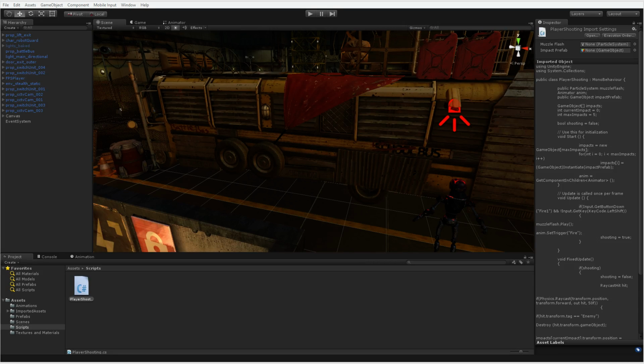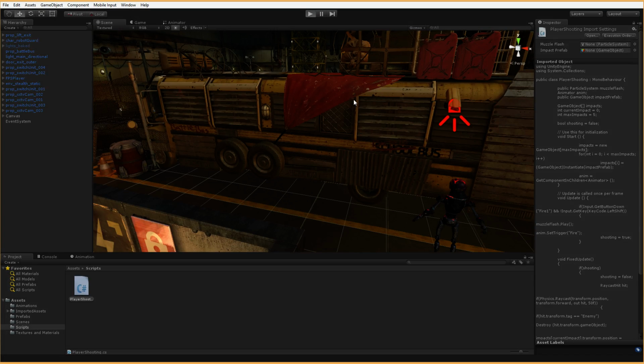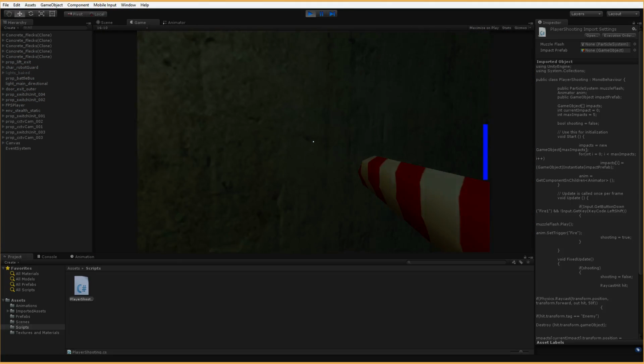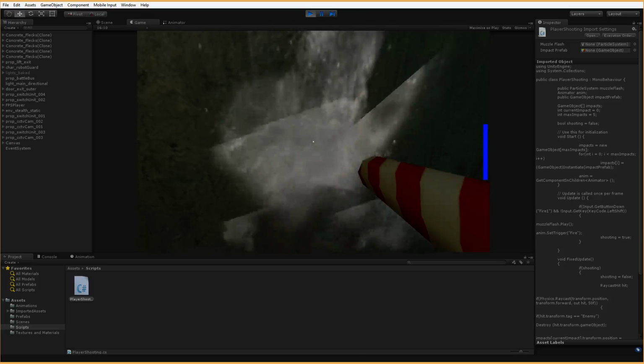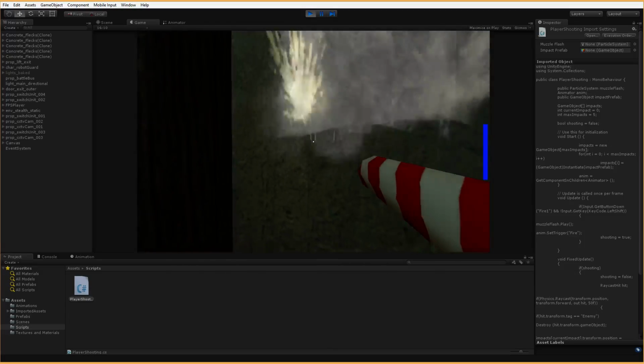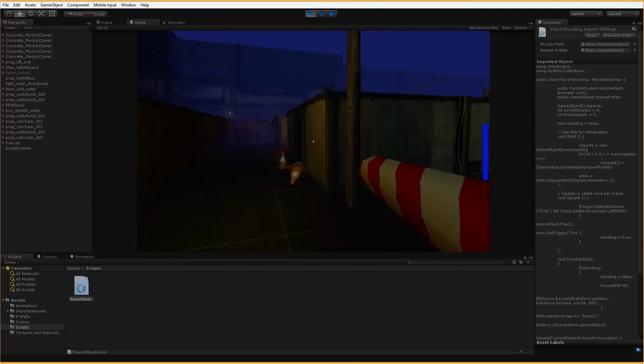Can you shoot when you stick to the wall? I don't know what that means. You don't stick to the wall. That's the point of using the two cameras. The two cameras keep it so the gun is always in front. Yes, you can shoot. Remember, the gun itself is just a visual.